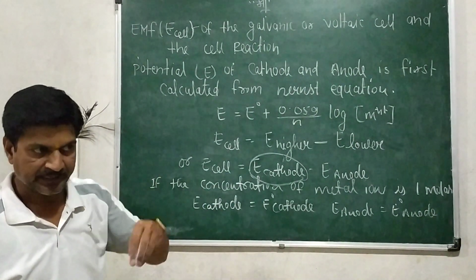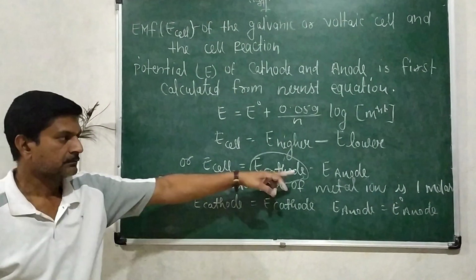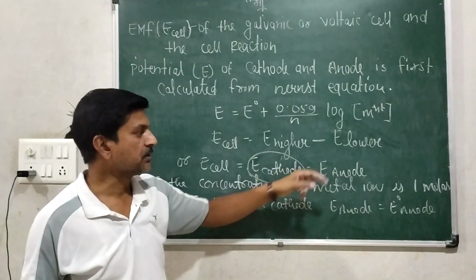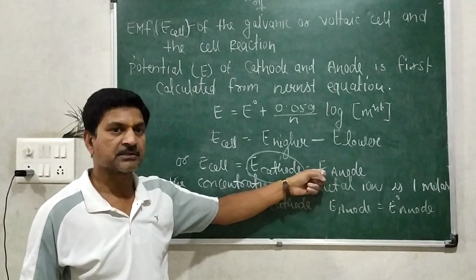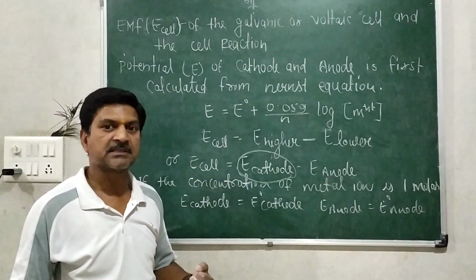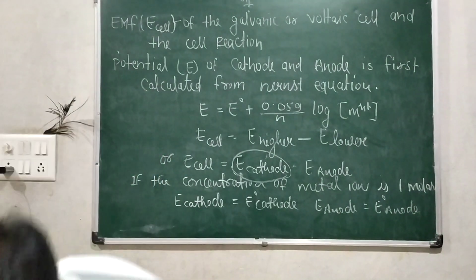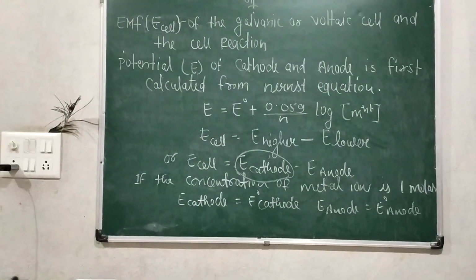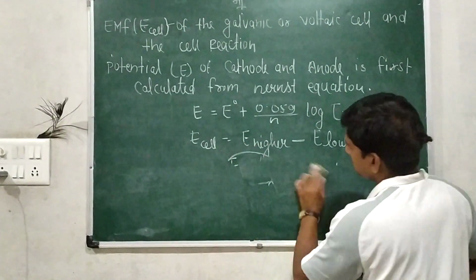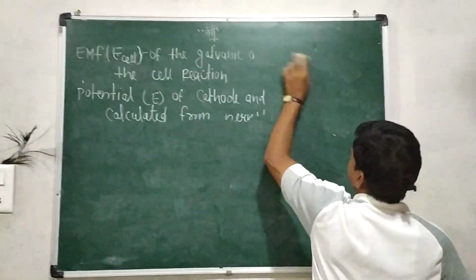Second condition: if the concentration of metal ion at the anode, the left electrode, is higher, then the EMF of the cell decreases. There are two conditions. On the basis of that, we will work out some numericals. Some numericals are based on,